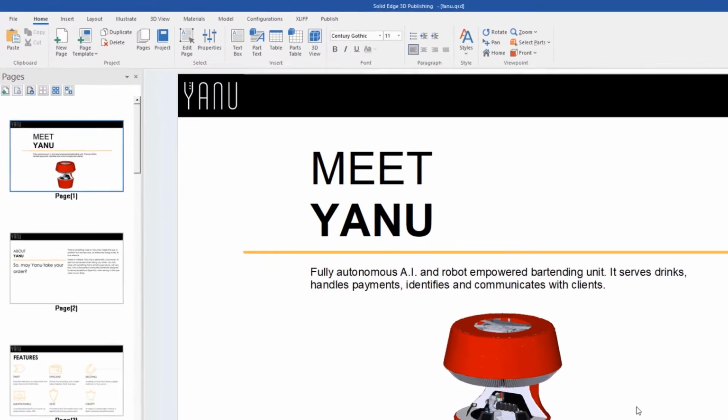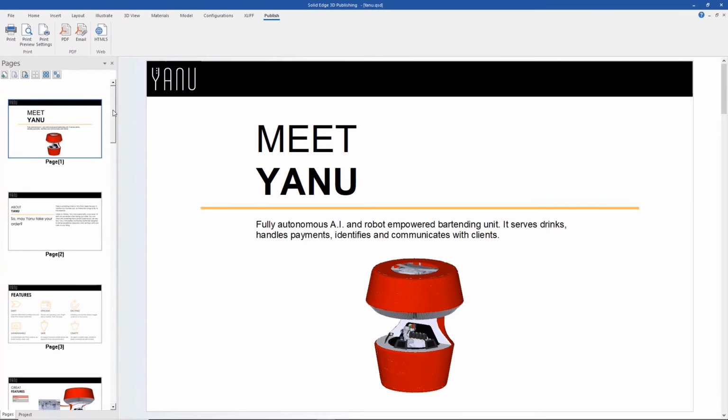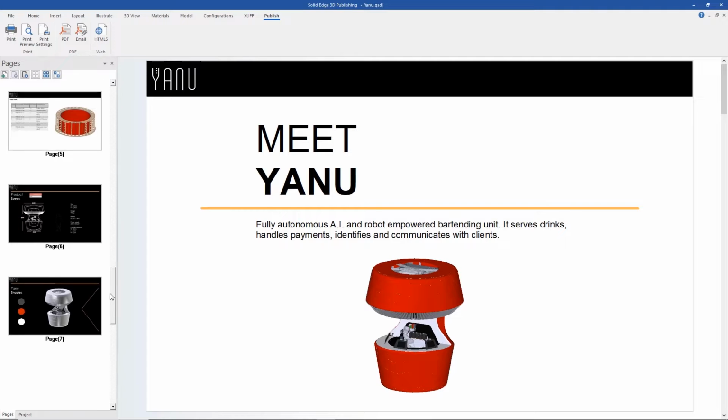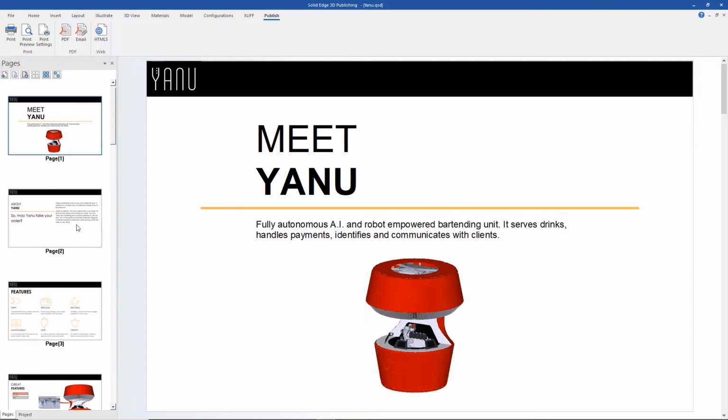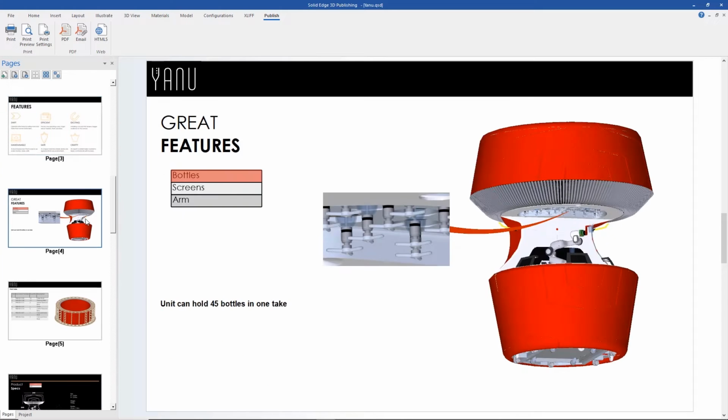With a fresh, updated user interface, with improved performance and a modernized look and feel, creating documents with Solid Edge Technical Publications is a breeze. A new Pages tab allows for easier navigation of documents. With a thumbnail image available for each page, users can now navigate their document by clicking the thumbnail to go